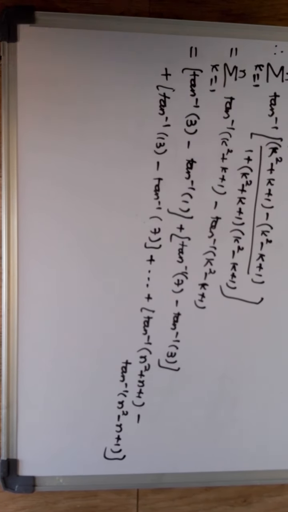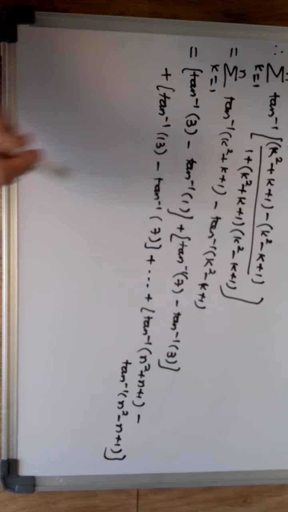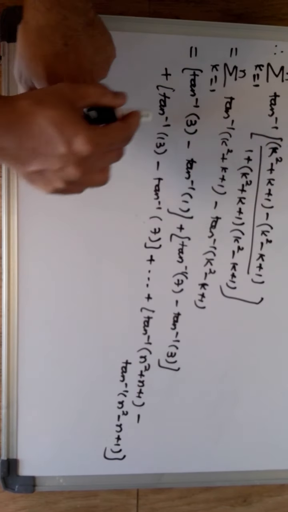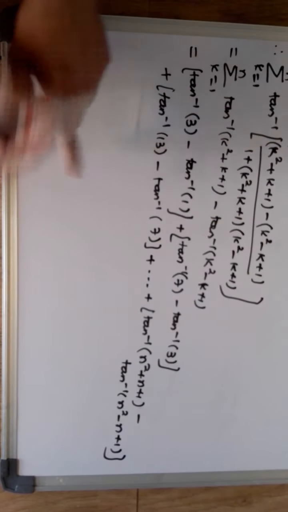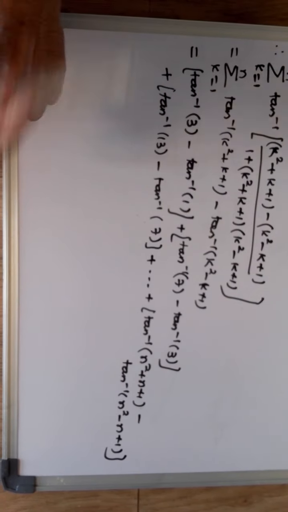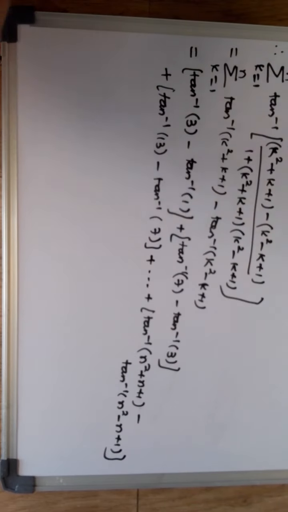So if you see here, in this particular part, what is going? This tan inverse 3 went, right? Then this tan inverse 13 will go in the second part, and the previous part remained with what? Tan inverse 1 and tan inverse 7. So out of that, tan inverse 7 also went. Means all this is going to go further continuously.